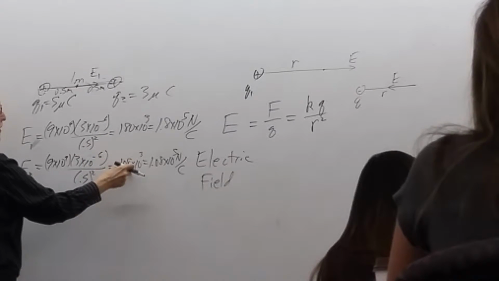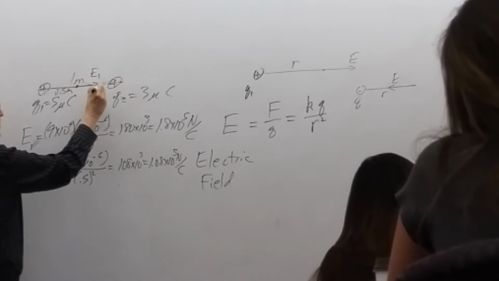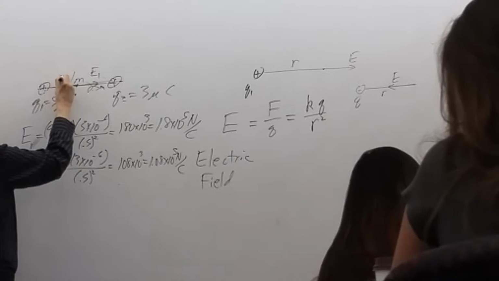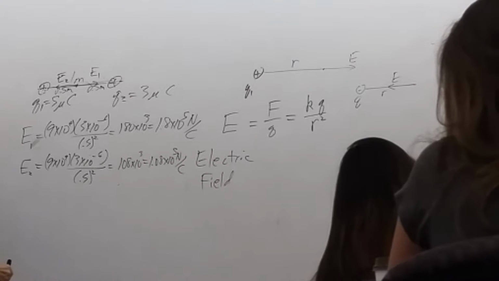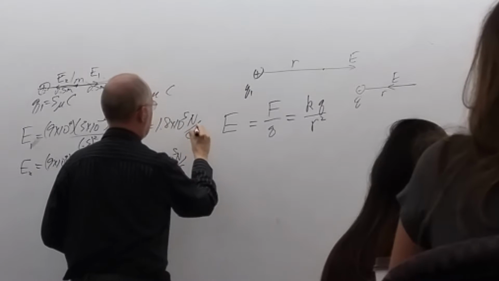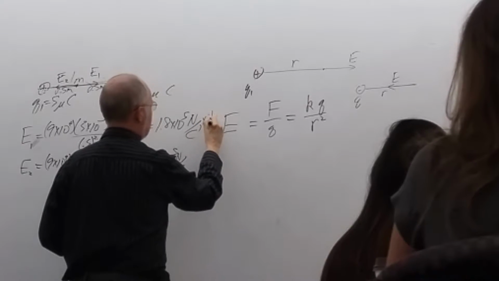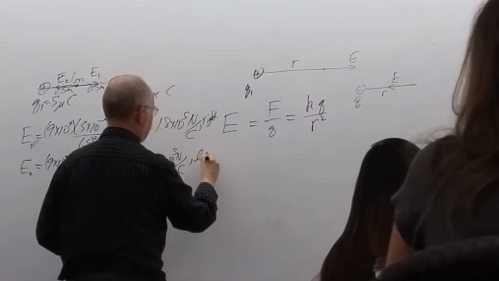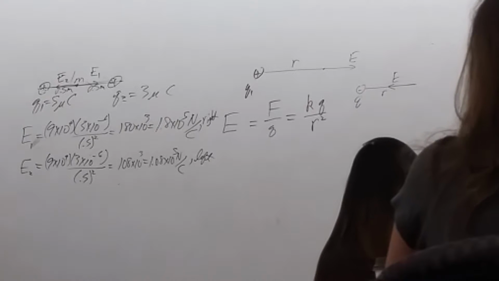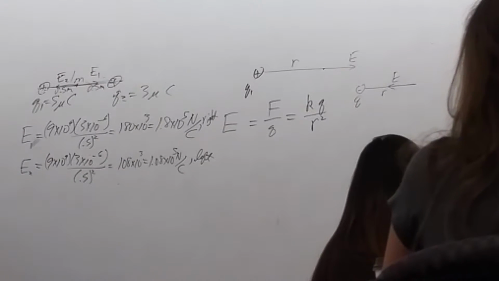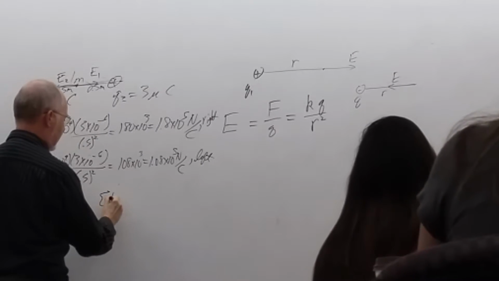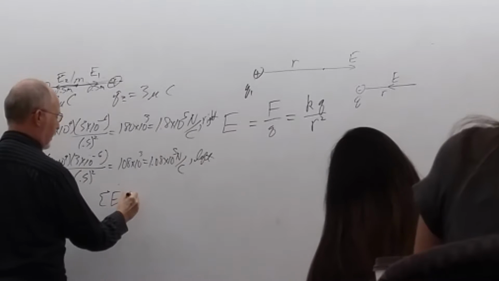How about the electric field due to Q2? Well, that's positive, so it would be going away from that one. So your E2 would be pointing to the left. So this is going to the right, and this was going to the left, which means, again, they're in opposite directions, and therefore you would subtract them. The difference in the two, opposite directions, so the sum of the electric field at that point would be the